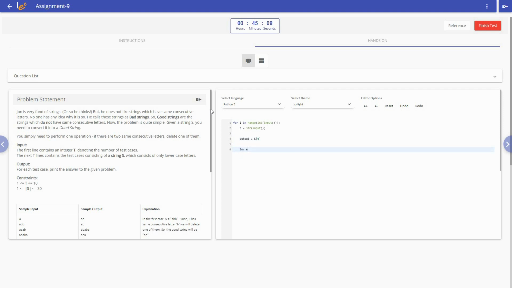So for each character, we'll be looping through from the first index. Index in Python starts from 0. So 0 I have already assigned. So now it will start from index 1,